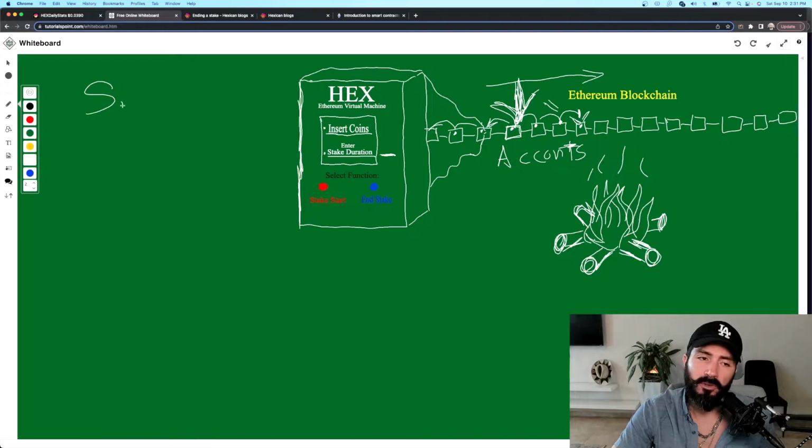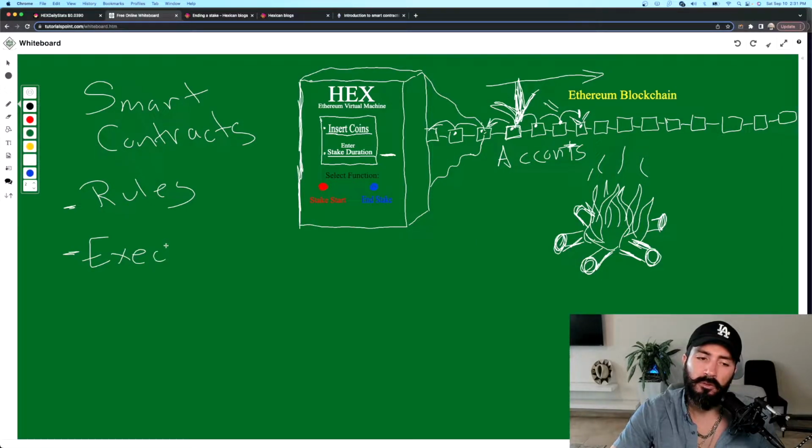So the whole idea of a smart contract is that it has rules, and they execute or enforce. So the code or the contract doesn't care about anyone's feelings. It just does what it's programmed to do. So the rules are: